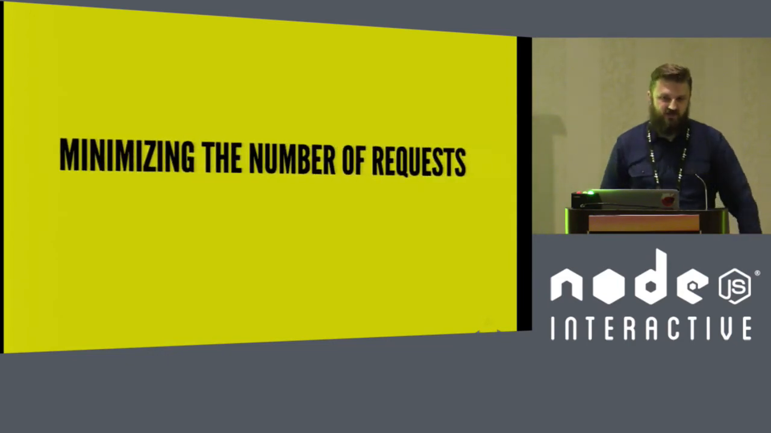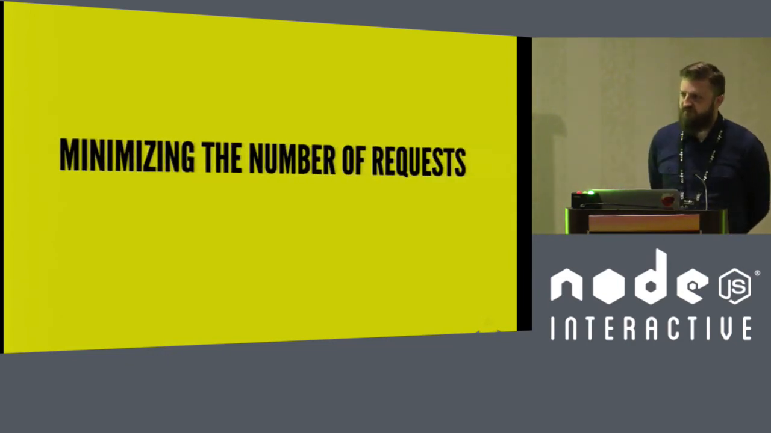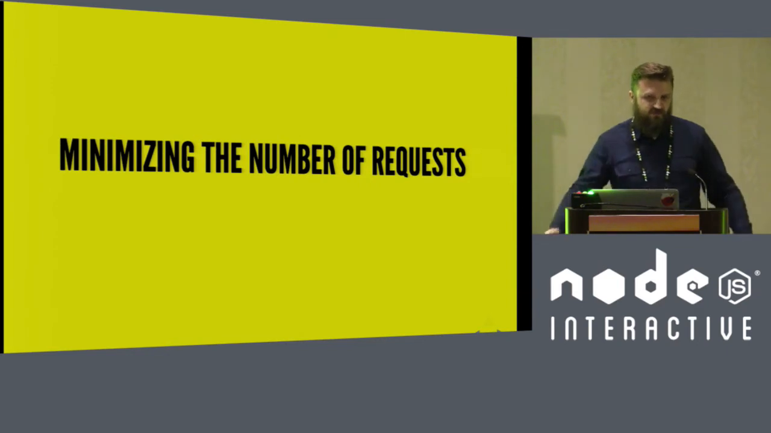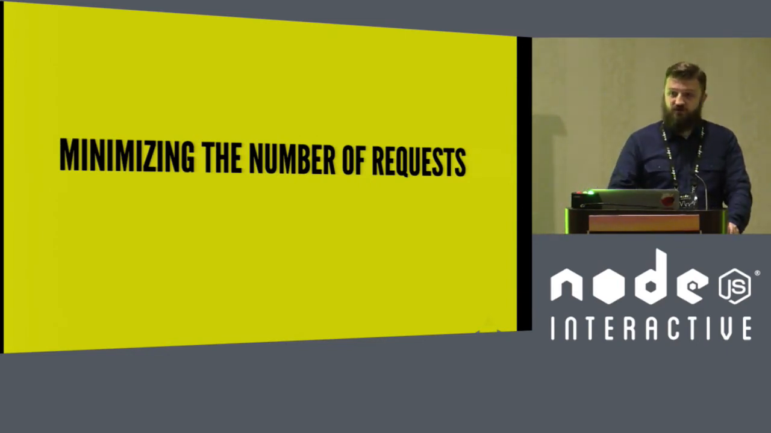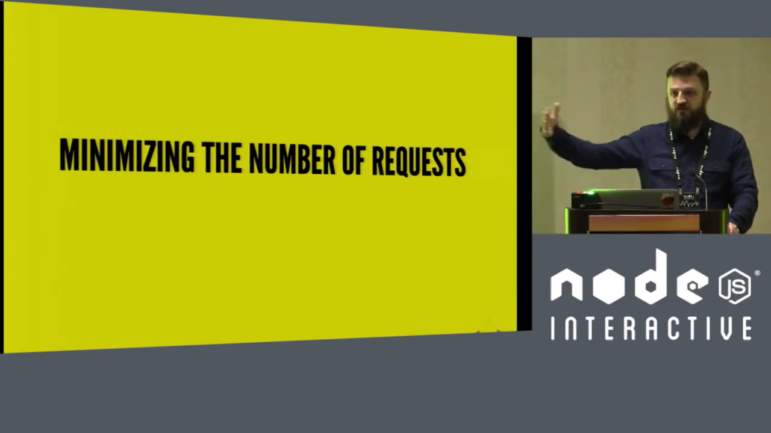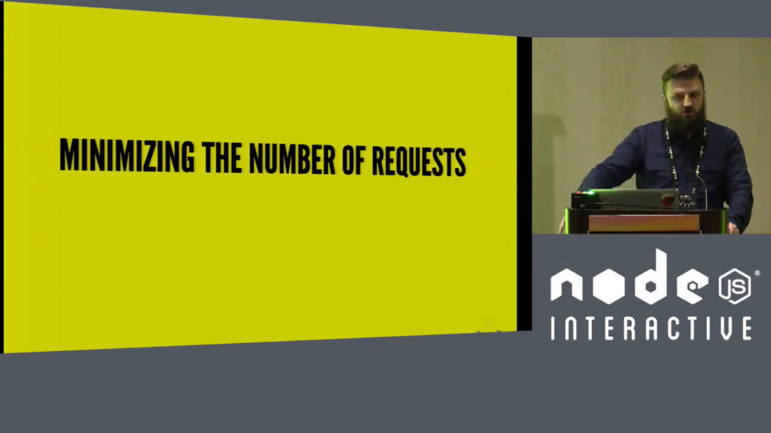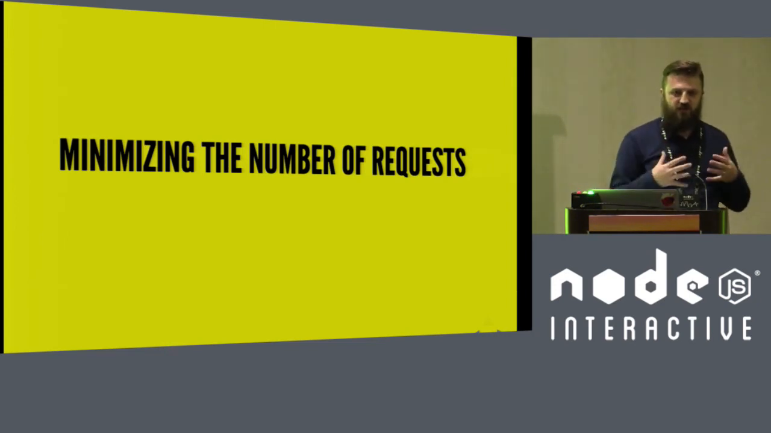All right, minimizing the number of requests. What I mean by this is that if you have an isomorphic application, it runs the same code in the client and the server. When you do server rendering, you're going to make all the same API requests you make in the client, right? But you don't want to make those again. When the page gets to the client,